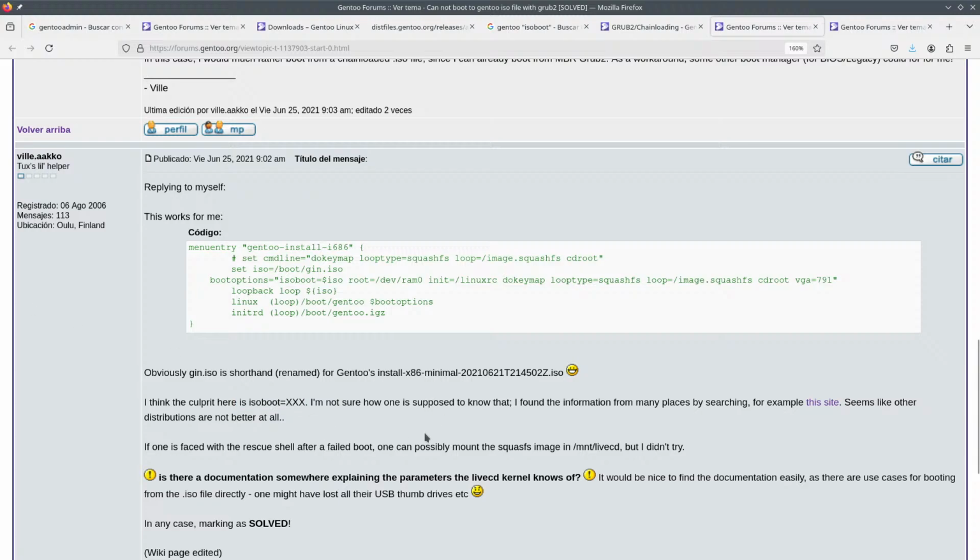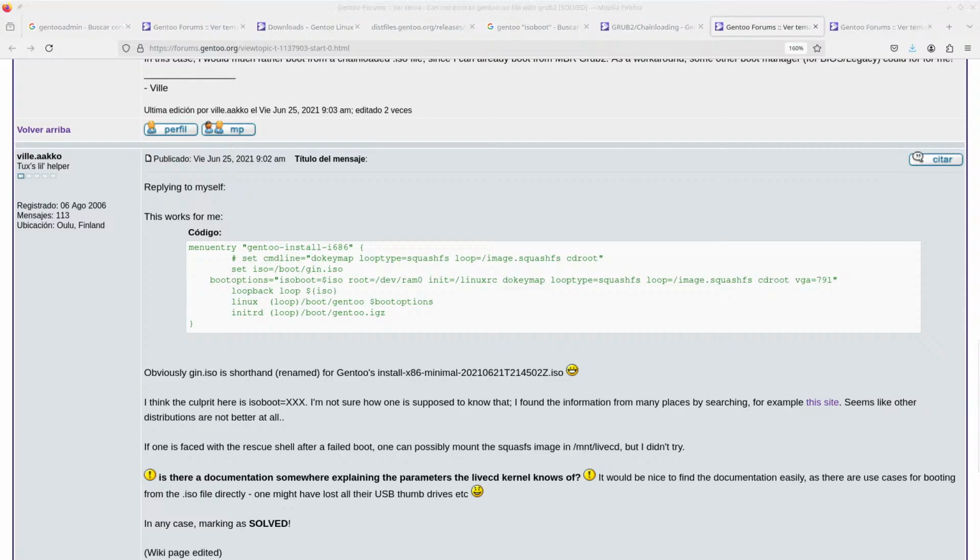Okay, so the boot options, you put them there. Loop type, squashfs, and so on. Maybe you can share a pastebin of your full menu entry.